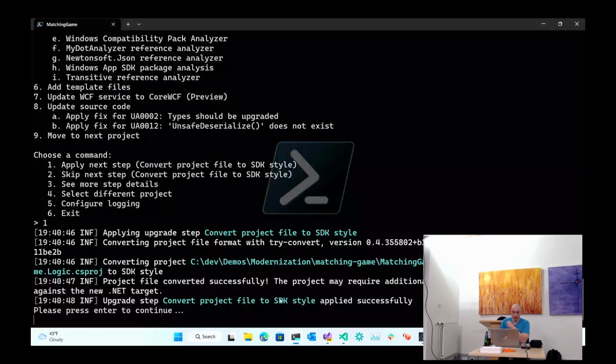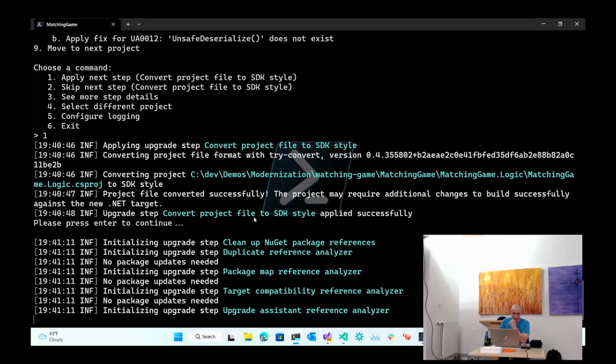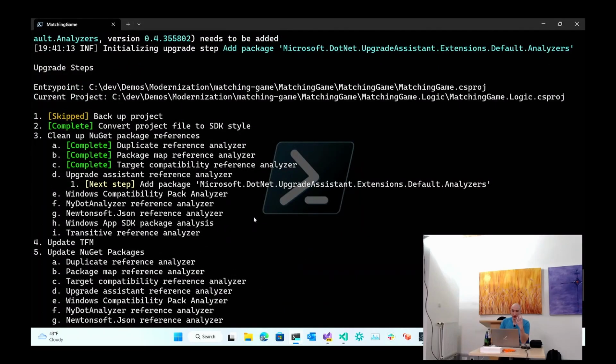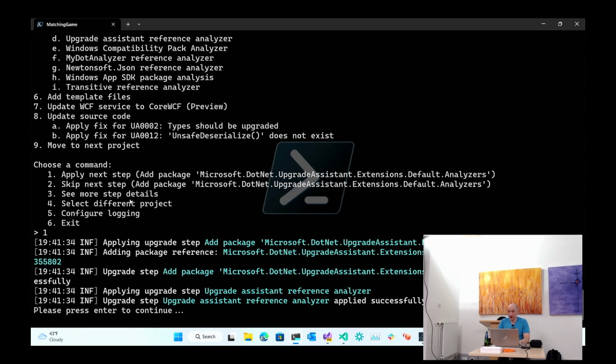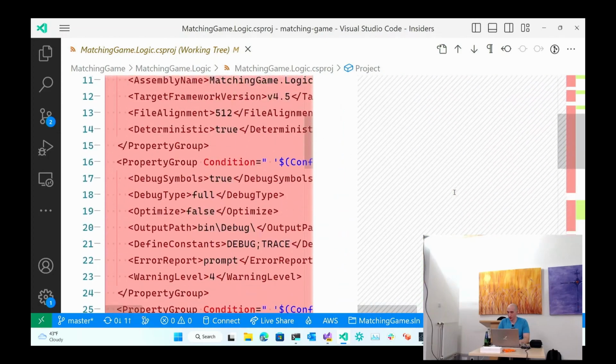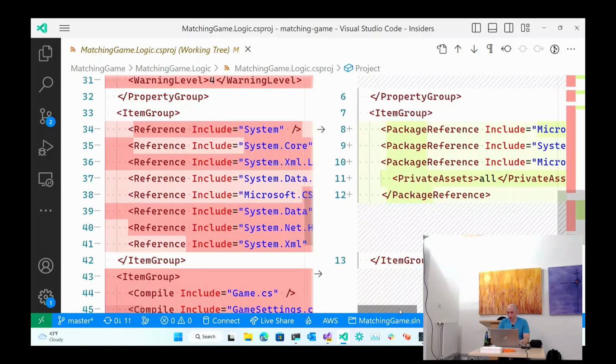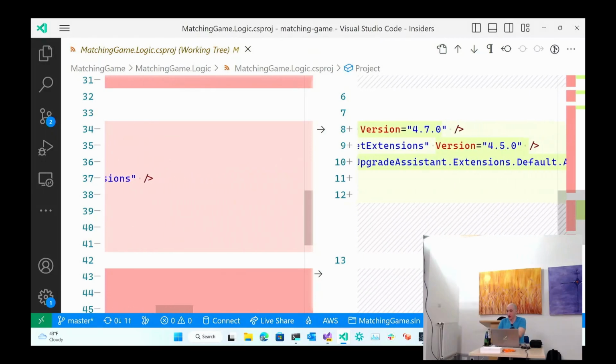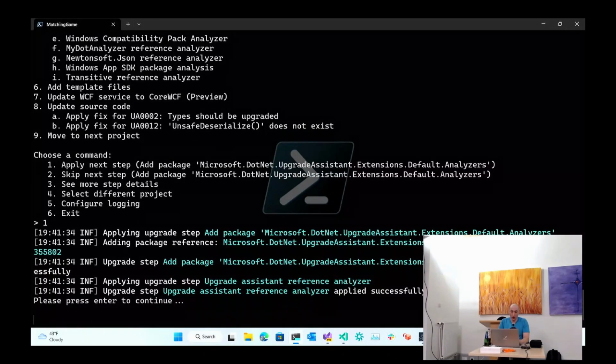So the next thing it's going to want to do is start running compatibility checks. Both of these tools use what are called Roslyn analyzers to basically check code and make sure that you're following particular programming practices and doing things the way you're supposed to in the latest version of .NET. In order to do that, it needs to add those analyzers to your project, and that's what it's going to do in this step. So we'll do that. It's going to add a line here. Scroll down right here. So Microsoft .NET Upgrade Assistant default analyzers, right? And then we're just going to keep on walking through this.